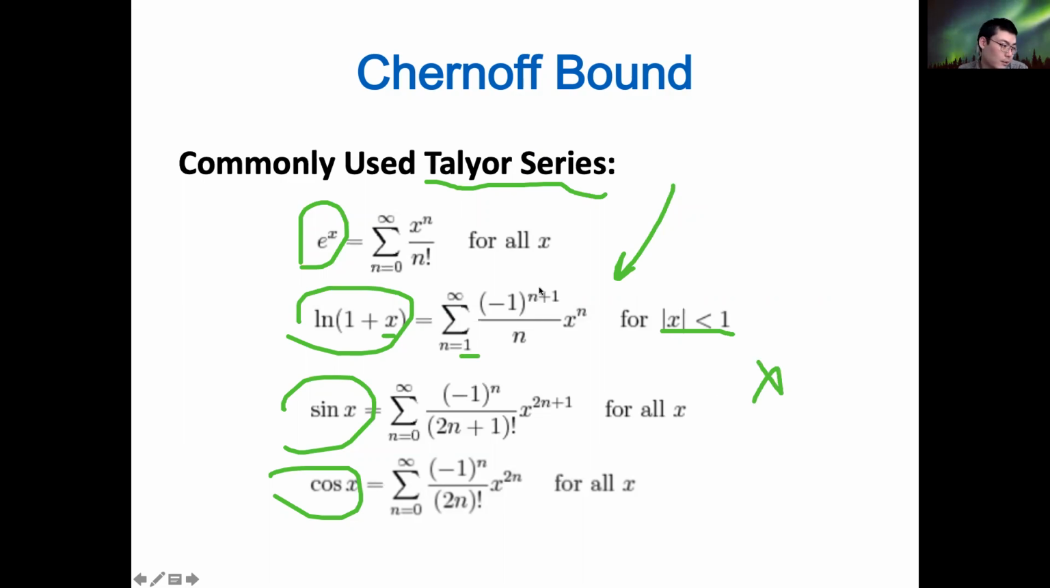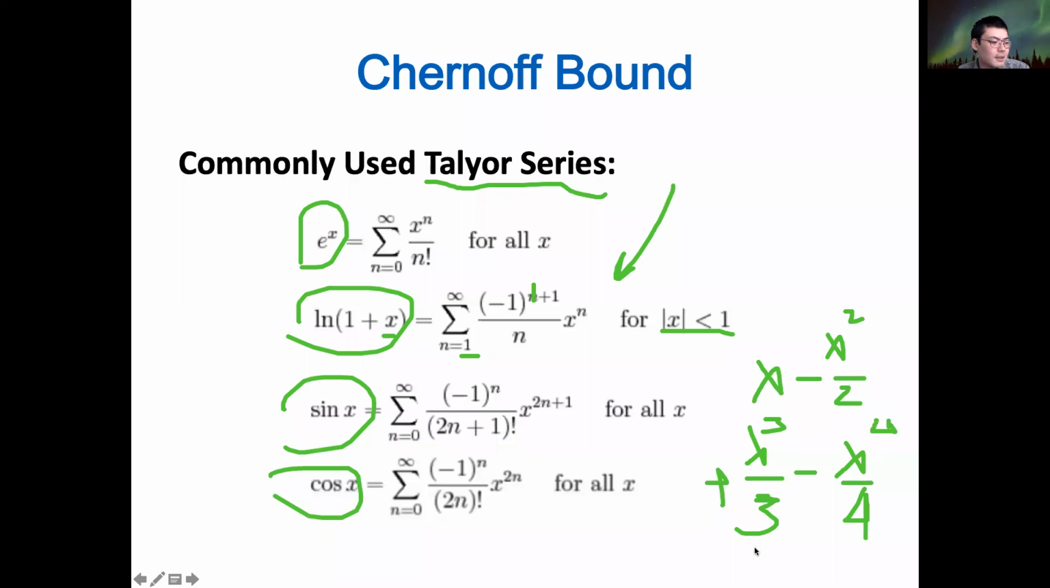Because if this is 1, this is 1 plus 1, 2, so this is 1 minus. Then you divide by 2x squared, plus 3x cubed, minus 4x to the power 4, plus 5x to the power 5, etc. You can go on forever, and if you go to infinity, the value is going to be 1. So that's a conclusion that you